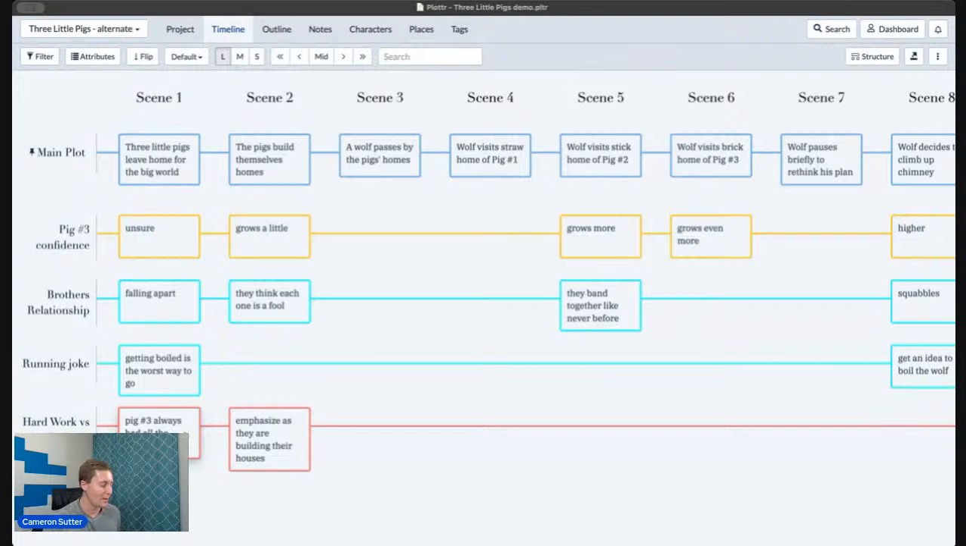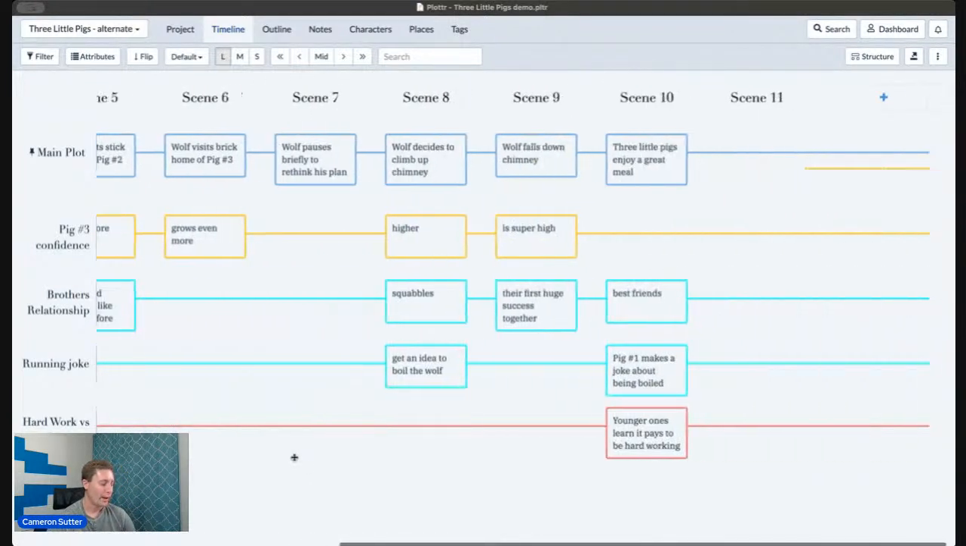And so maybe Pig 3 always had all the responsibility. He had to do everything because he was oldest or something like that. And then as they're building houses, he's just kind of grumbling, I've always been the oldest, I'm doing all the hard work, and Pig 1 never has to be responsible for anything. And then you've got to bring that full circle at the end. And I don't think I did a good job of this here in the theme. We could probably come up with a better idea for what this is, but maybe Pig 1 kind of learns